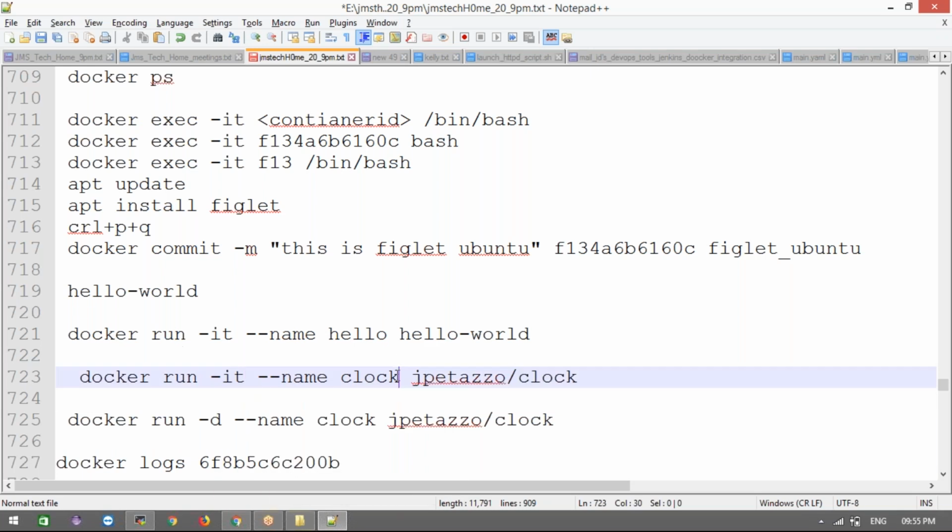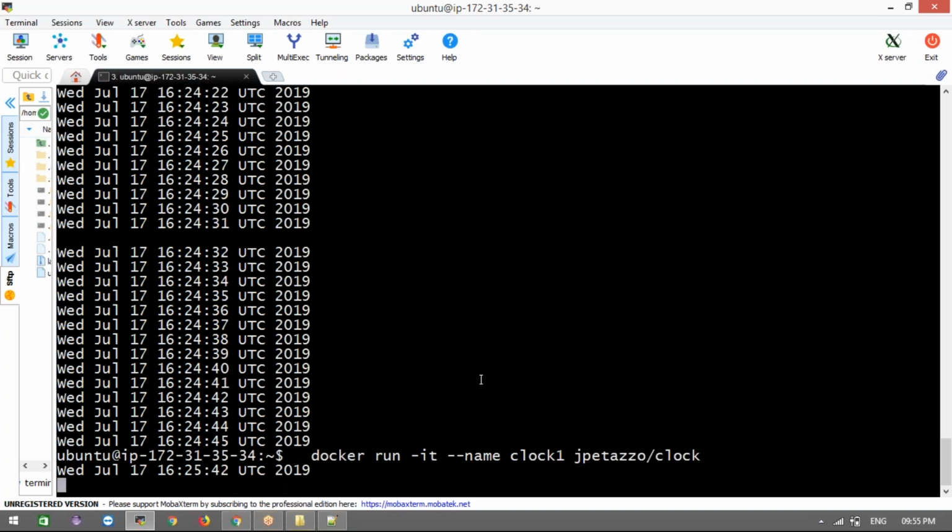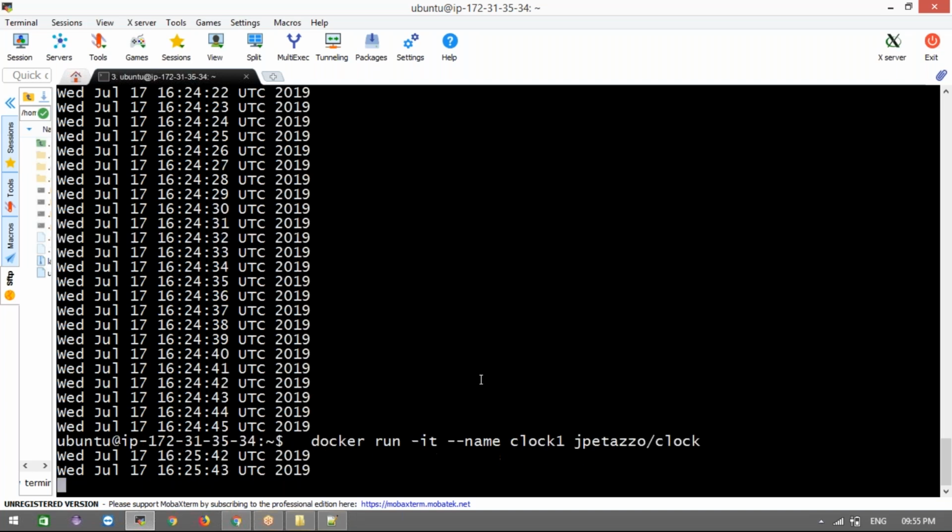I'm going to run the same application as one more container, the clock one.